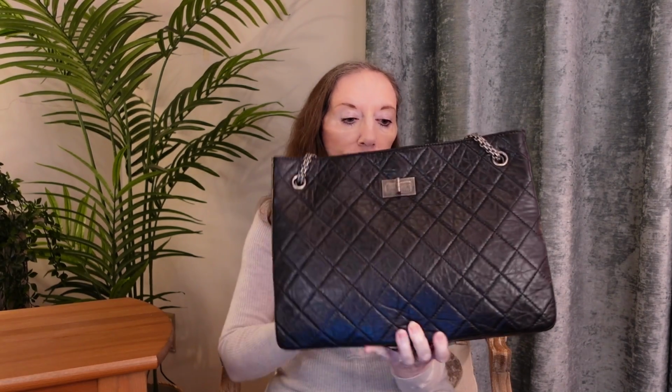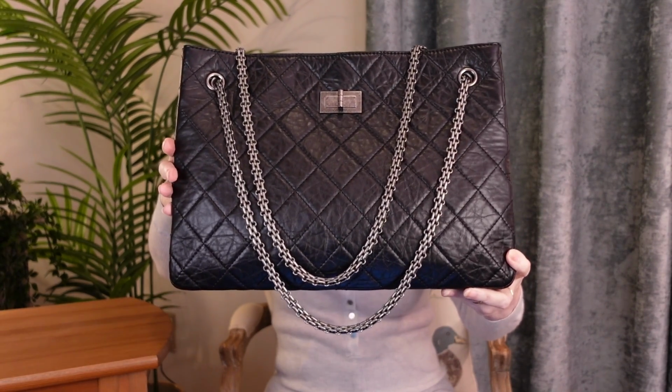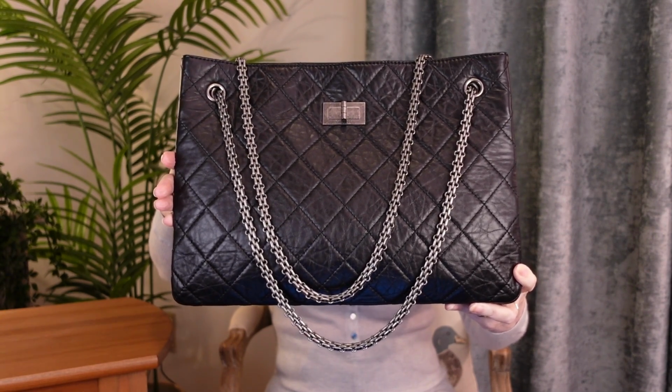This evening we're going to be looking at some more of my Chanel bags, starting with this one. Chanel Tote. Do excuse me if I read this one out, but it is quite a mouthful. I'll show you the bag though while I'm reading it. It is the Chanel Black Aged Calfskin Quilted Reissue 255 Tote Bag